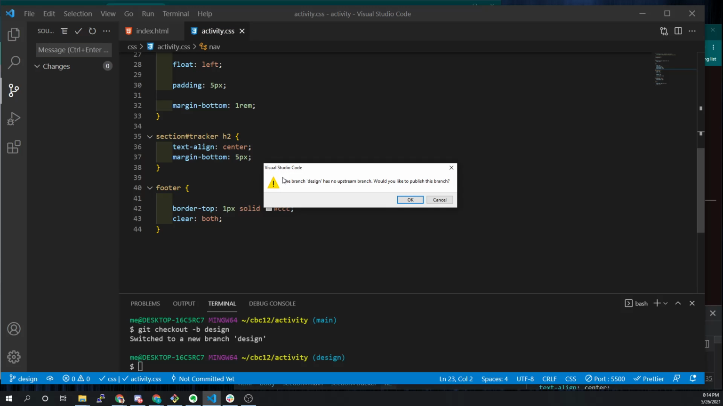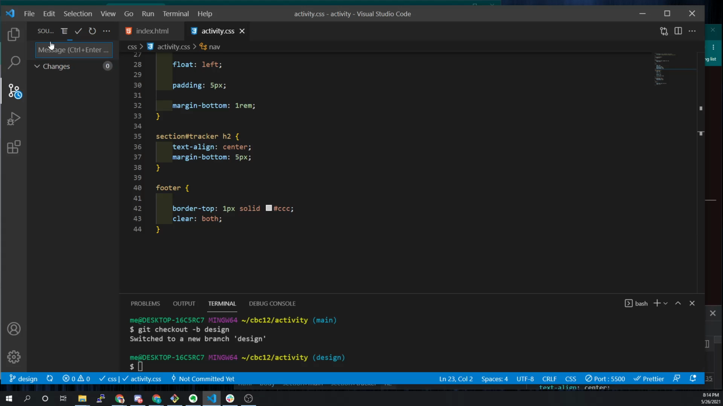It's going to tell us the same thing it told us the first time we did this. It's going to say, in very small font, the branch design has no upstream. So that means GitHub doesn't know about this branch yet. Do you want to create it up there? And we just always say yes. So it's got this little blue arrow saying, hey, this is being pushed. And if we go into GitHub now,